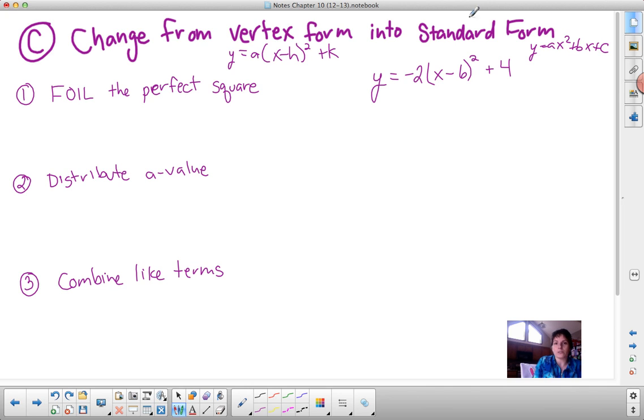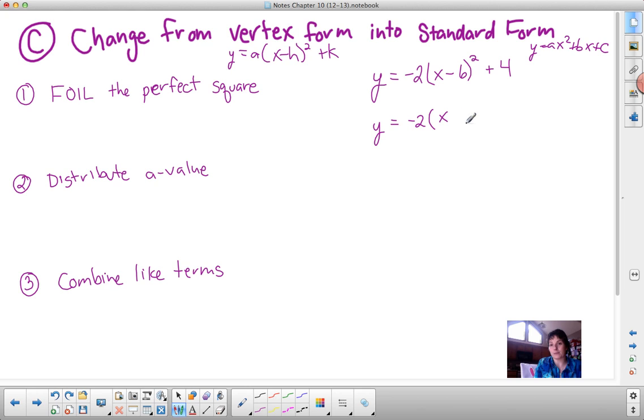But the steps to change from vertex form into standard form are very easy. First, we need to FOIL the perfect square. Then we'll distribute the a value. And finally, we'll combine like terms. We can just keep the y where it's at. So we'll keep our y equals -2. Remember that you can rewrite that quantity squared